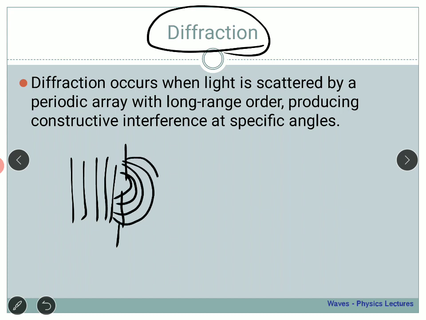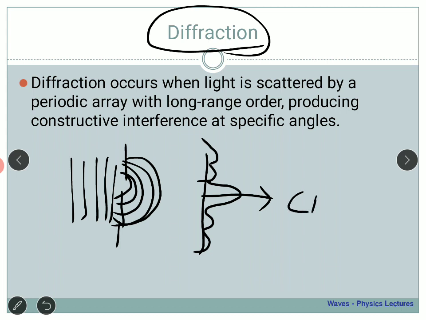Okay, if you remember, this is a spherical wavefront, and if you consider a screen, you are going to get some diffraction pattern where at the center you are going to get maximum intensity, and as you keep on going to the left or the right, the intensity is going to drop. So this is basically what is happening in a diffraction, and this is what we call the central maxima. Okay, so that is a diffraction.